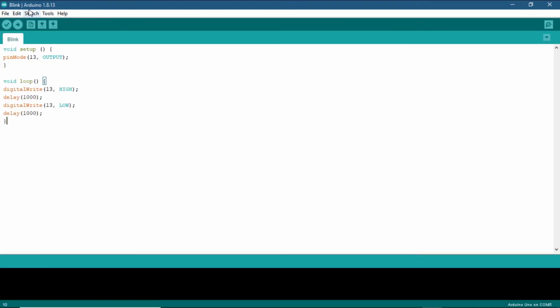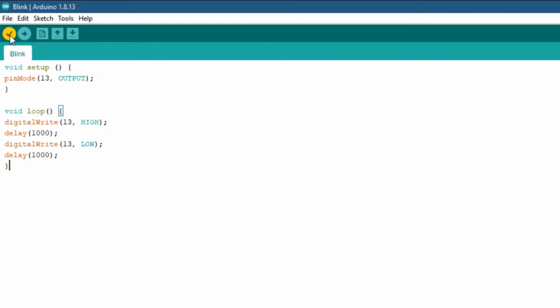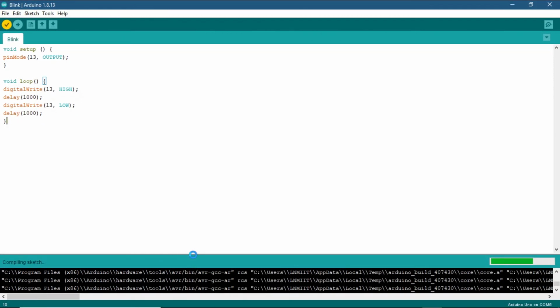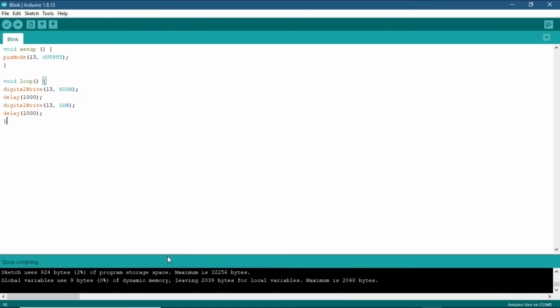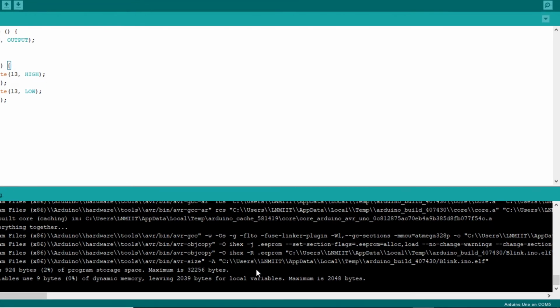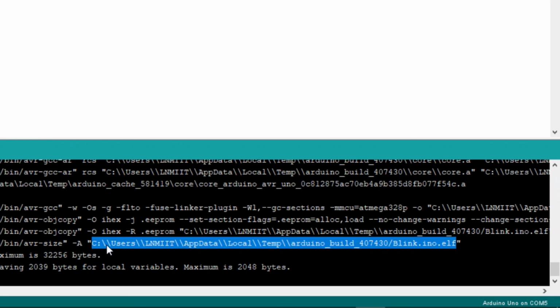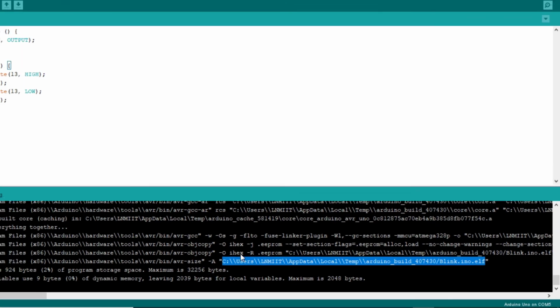So here is our Arduino IDE and this is our code. We are going to compile it. Once the compilation is done, expand this panel and from the bottom side search for the .elf file. Here is the .elf file. Copy this path. Right click may not work, so just press Ctrl C and it will be copied.